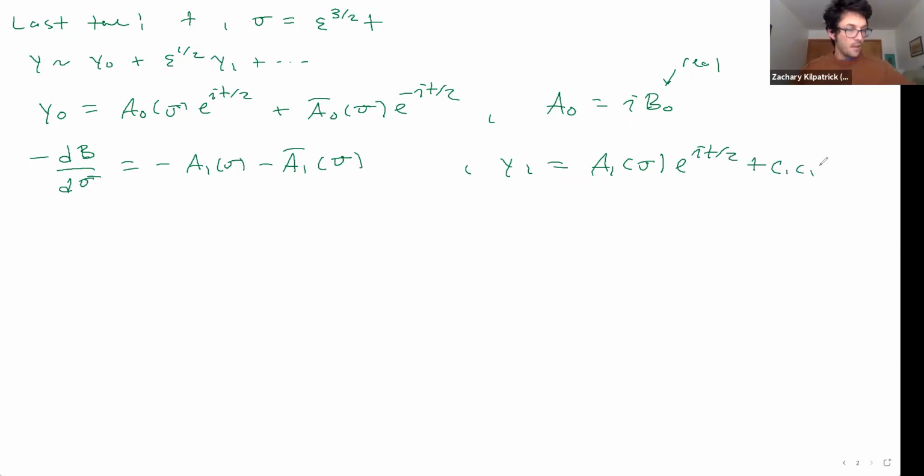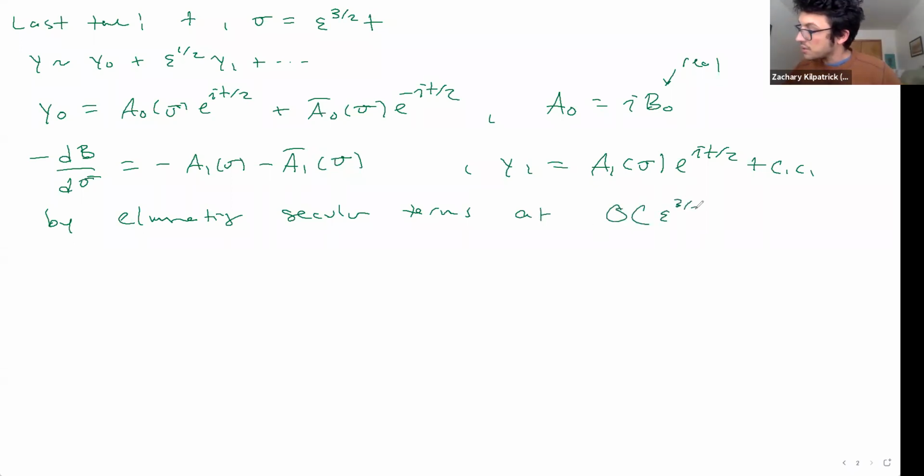Okay. We found that by eliminating secular terms at order epsilon to the 3/2. And then at order epsilon squared, what we'd found was that